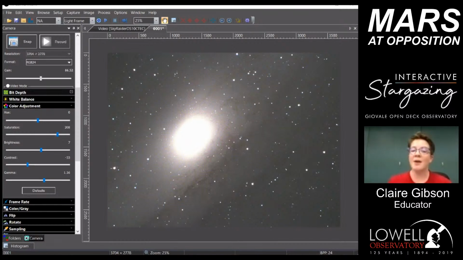So we had a pretty big job in kind of starting that, and that's a cool tidbit of history with Lowell Observatory and with the Andromeda Galaxy itself. But another cool fact